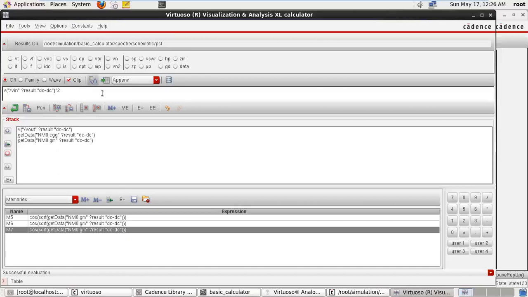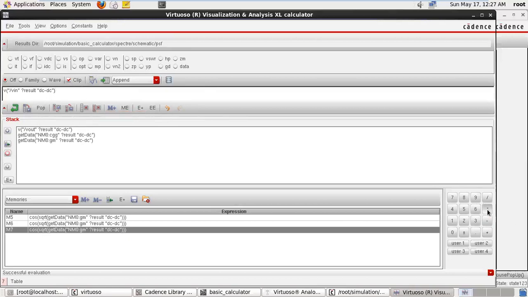Next important is, suppose now undoing my command. Suppose we want to multiply two waveforms. This is b in, b out. When we press this multiplication key, it multiplies the buffer expression with the top of stack expression.